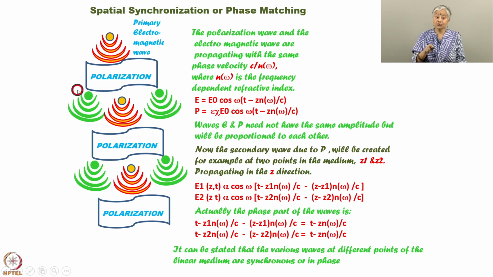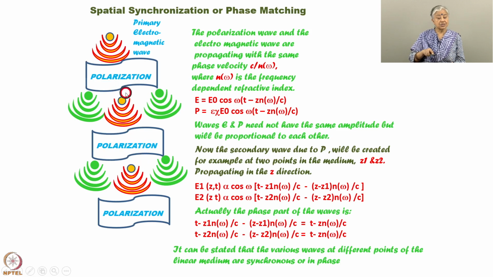And as it goes through the medium, as I have said before, it gives rise to the dipole effect, and dipole means there is a shift between the core nucleus and the electrons. There is a shift of the electrons compared to that. So, you have a dipole moment, and dipole moment per unit volume in a particular volume is the polarization. So, I will say that my primary electromagnetic wave has given rise to a polarization in the medium at a certain point, and this electromagnetic wave goes on to different parts of the medium and goes on inducing this polarization,